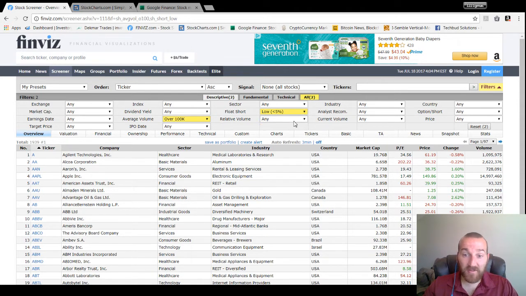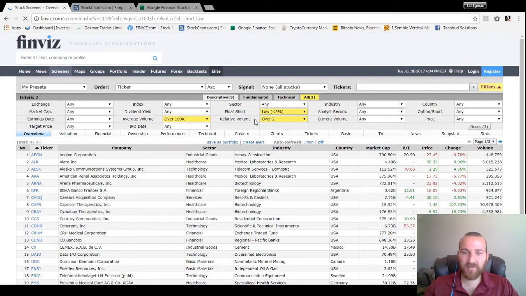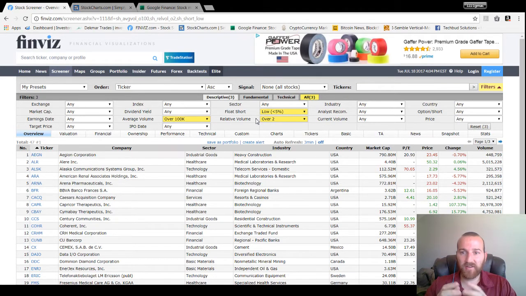The next one is relative volume. I'm going to choose over 2. Basically, relative volume is how many times that day it is trading more than the average volume. So if it's over 2, it's 2 times that day. So instead of 100K today, it's 200K. And if I chose over 5 instead of 100K today, it'd be 500K. So it's how many times more that stock is being bought and sold. So something's basically going on, and that stock is a hot stock right now,